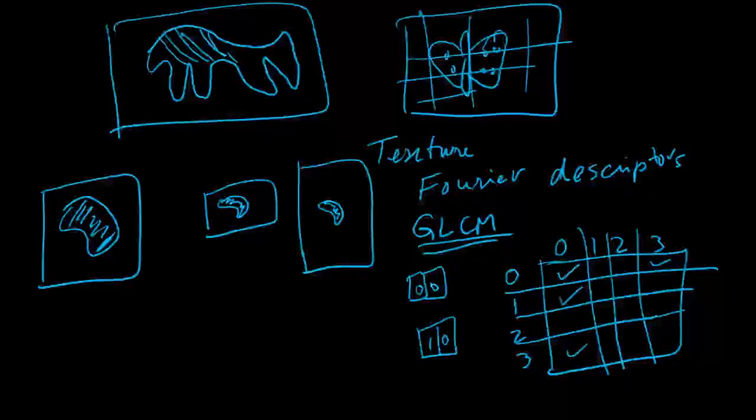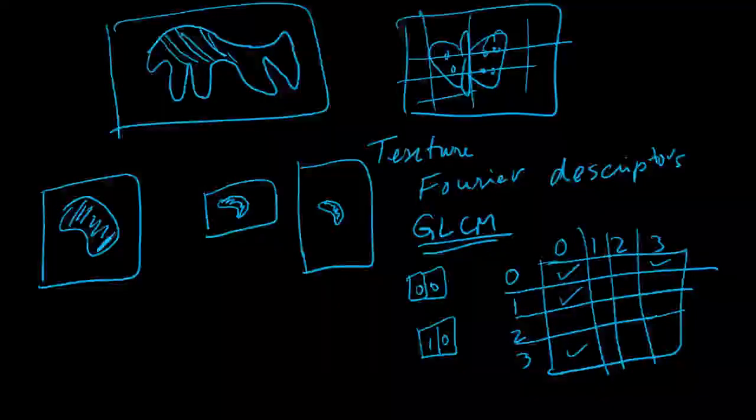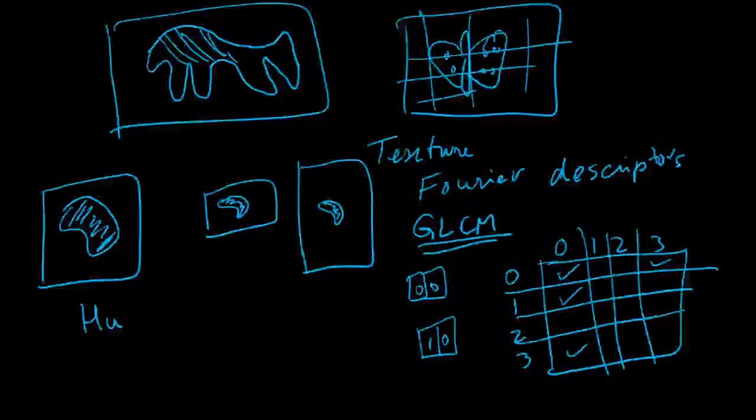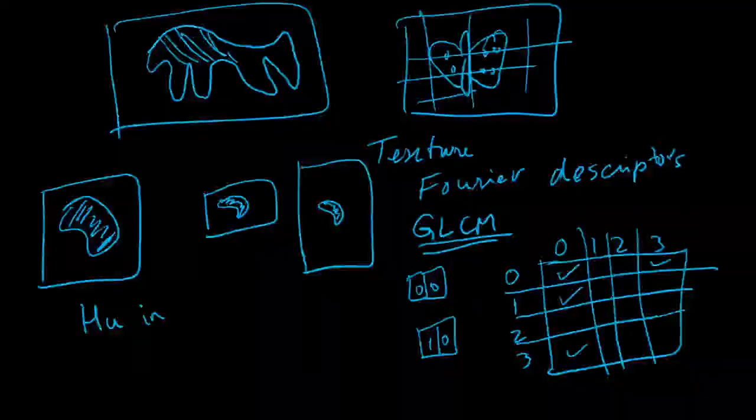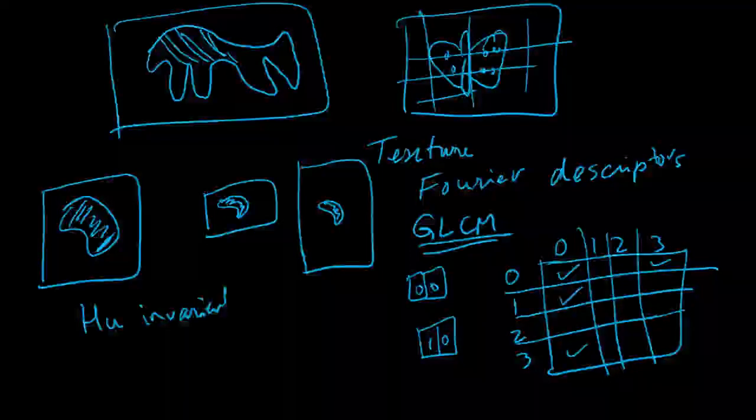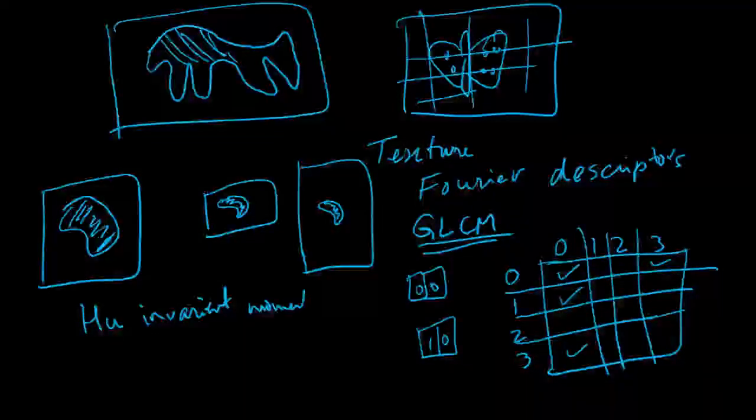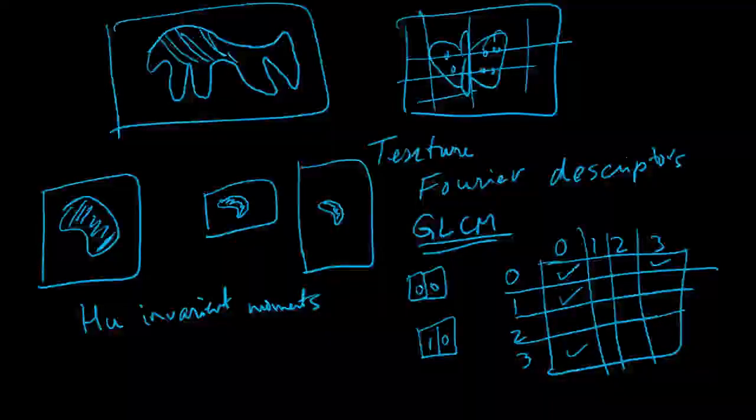So we want features that describe shape that we might want to be invariant to these transformations, depending on the application. So there is something called Hu invariant moments that extract features that capture the shape, but they are invariant to the size scaling or the translation or the rotation. So what are invariant moments? As we all know, there are moments, which are basically statistical descriptors.